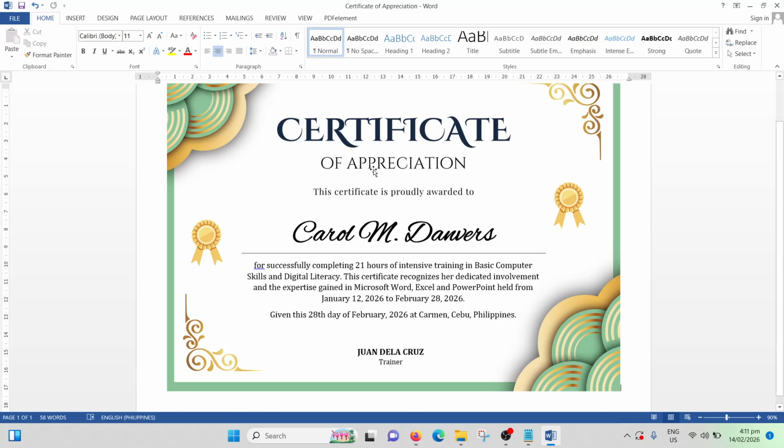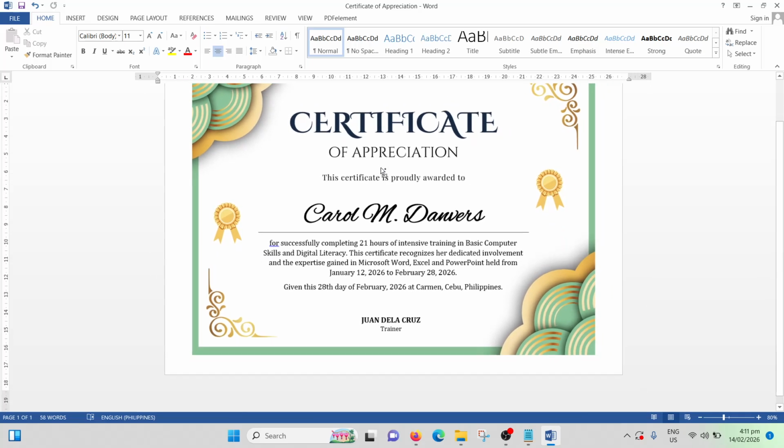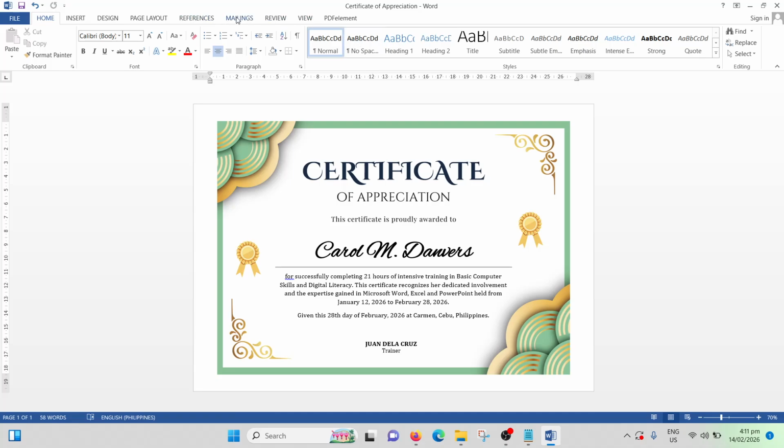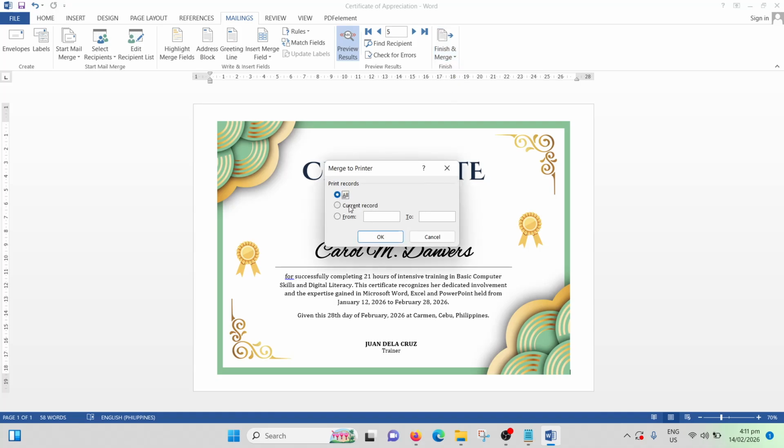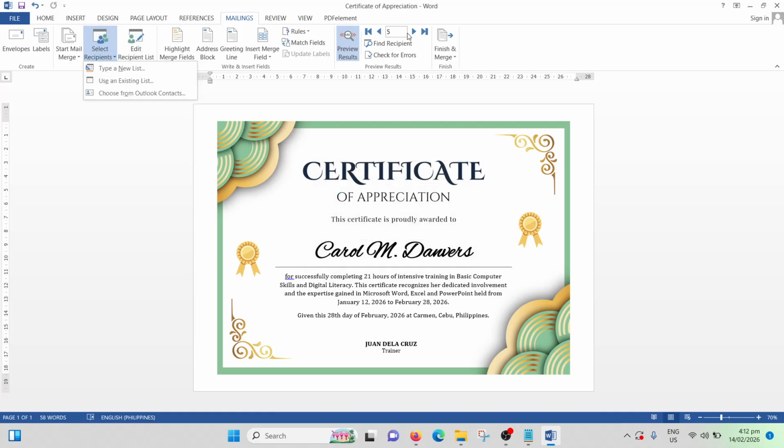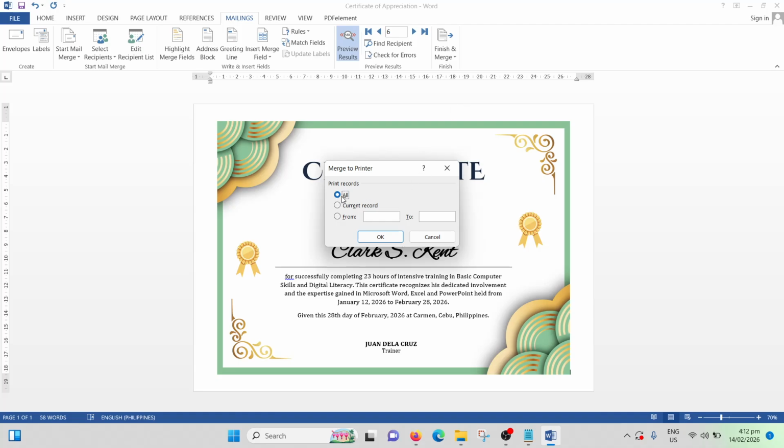And then you can now print this one using the mail merge ribbon. We can print documents or edit individual documents. So if we print this one, we need to define the record number. So where to get the record number? You can just scroll for the names or look for the names that you want to print out. Or if you want to print all, you can always do so by using all records.